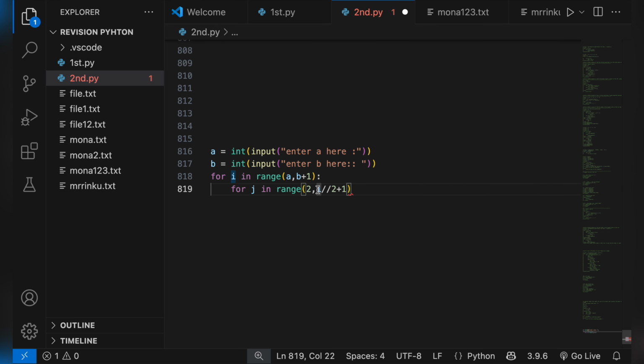See, I am taking I divided by 2 because let's suppose you take a number 20. Okay, so the maximum number which can divide 20 is the half of 20, means 10. Any number you can take, any number 22, 100. The maximum number which can divide that number is the half of that number. Okay, so that's why I'm taking half here. You can take I also. Okay, and I am taking 2 here because if you take 1 or 0 then 1 will divide every